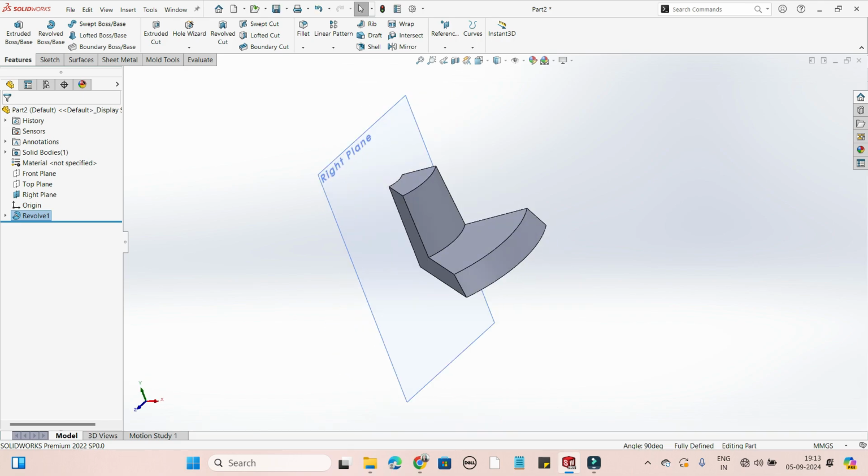So this is almost all about revolution with a closed profile. Next we will be learning